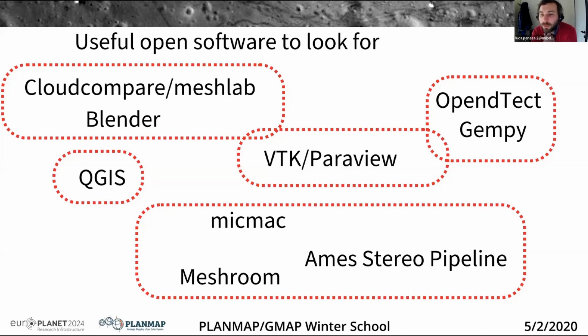So Gianluca is asking whether we know about some software that we could use to create DTMs using photoclinometry and shape from shading. Maybe you, Riccardo, know something about that. Yeah, I can answer on that. So the answer is it's not an easy answer because, for example, there are also commercial softwares, or for example, also MicMac, Meshroom, all the softwares dealing with photogrammetry that can be used to reconstruct the surface. So you can basically feed all your images of Europa and then try to, there is also Pix4D, for example,